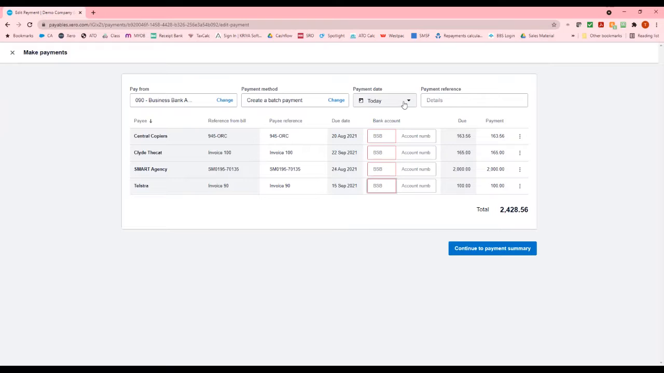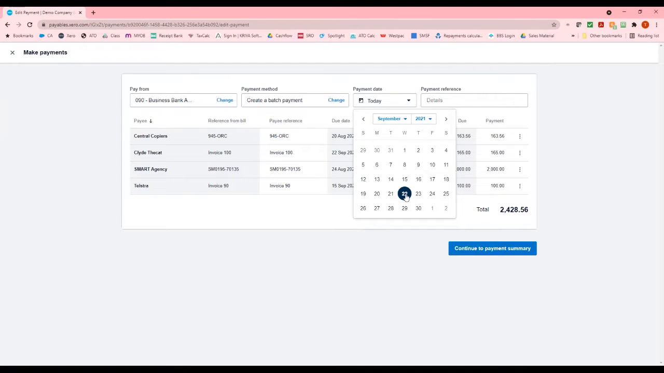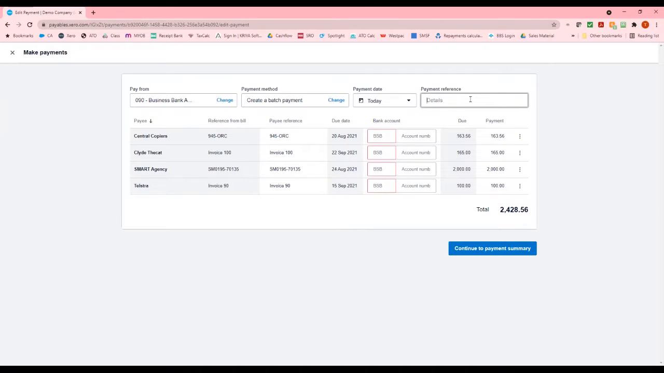We're paying it today. We can change that if we want to and perhaps pay it tomorrow. You always need to have a reference in here. So let's just pop test in there. We can see who our payees are, the reference that they're going to get, the due date, and then we can just pop